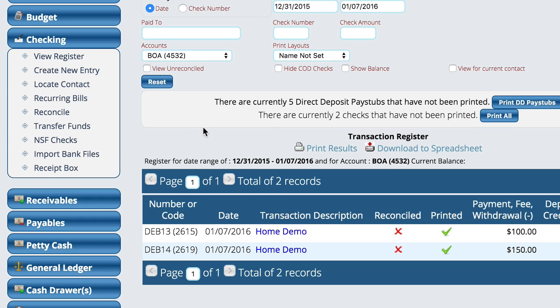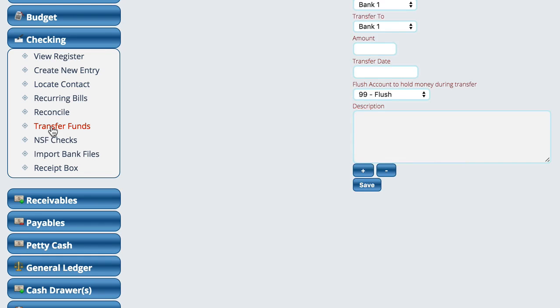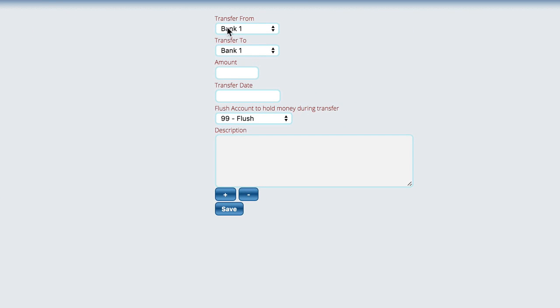And then we're going to come over here to Lizzy, and we're actually going to do a transfer funds. So we're going to select transfer funds. We're going to tell it that we want to come from the bank account. We're going to go to our Bank of America account. We're going to pay $250. We're going to do it as of today. And then you can put a description if you want to, but the flush account here, you're not really going